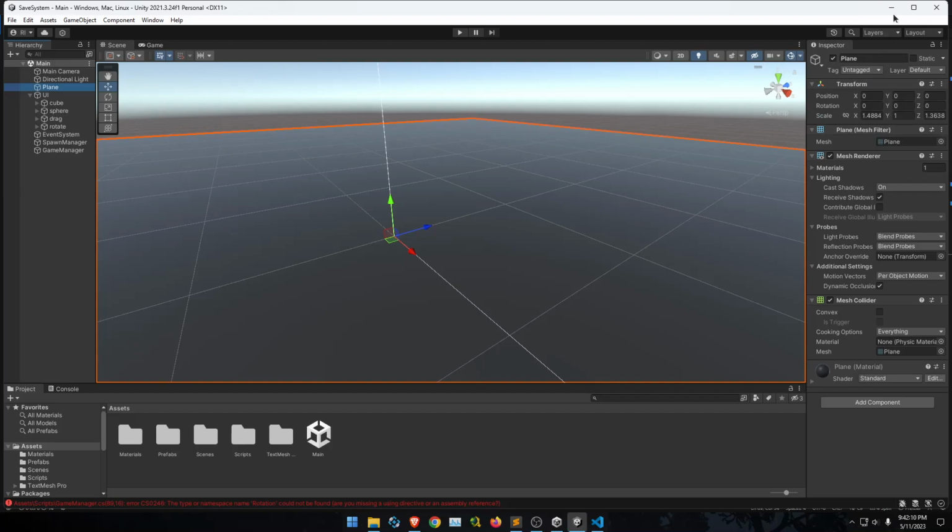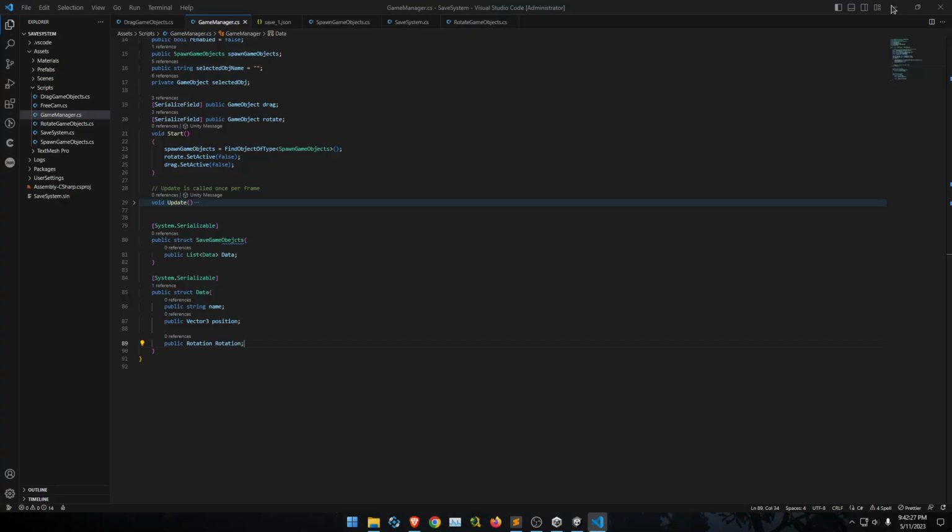So that's why we are going to take the rotation value and convert it to float for our test case. But position,